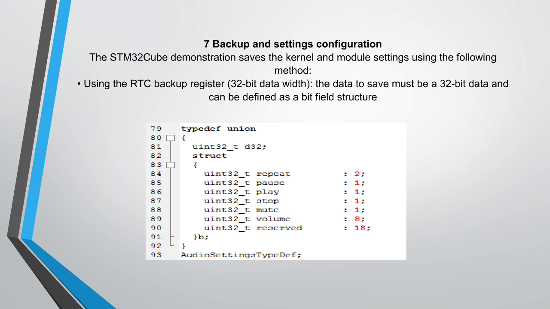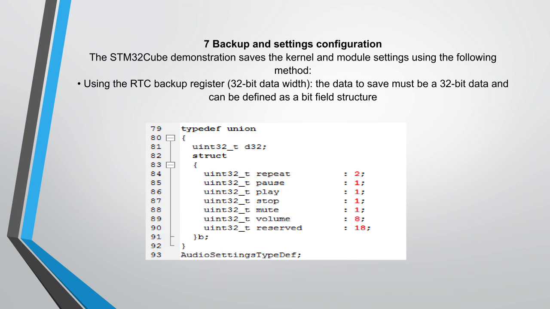One is repeat. So the structure will have, apart from that, a uint32_t d32 variable. So the structure consists of repeat, pause, play, stop, mute, volume, reserved with the corresponding values.